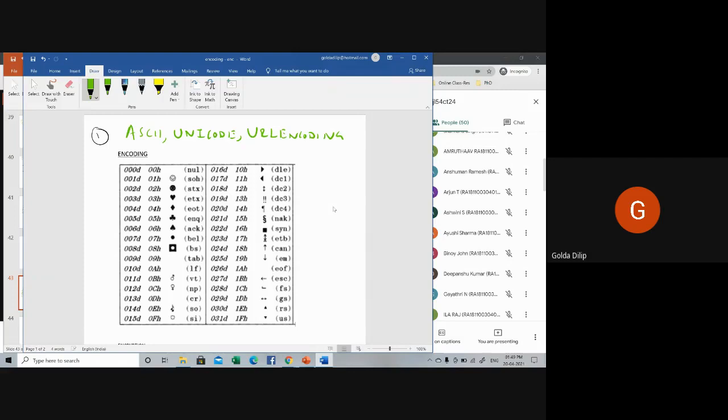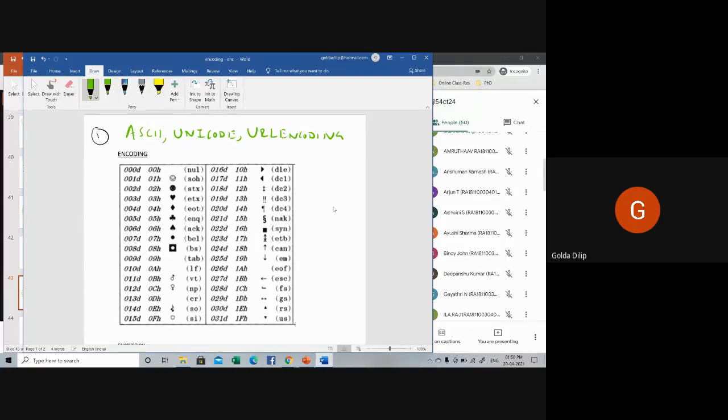Okay, so encoding will not use any key. The opposite is decoding, which uses the algorithm that was used to encode it. There's no concept of a key as far as encoding is concerned. It's just transforming the data so that it can be viewed by a different type of system. That's what encoding is all about.